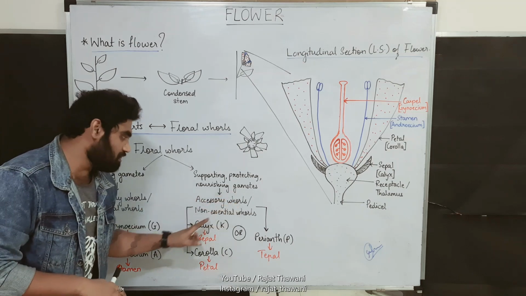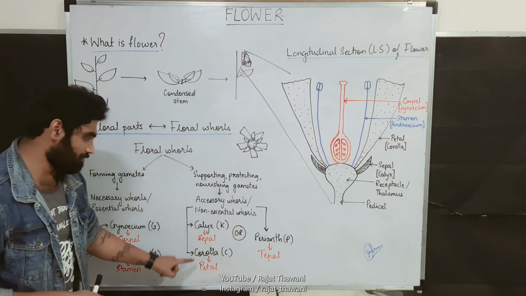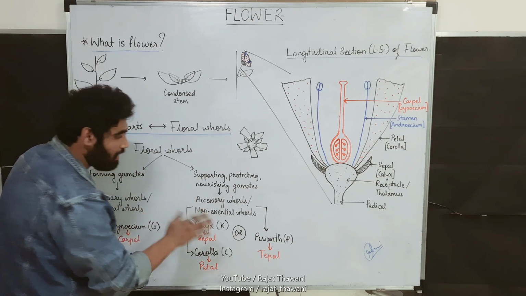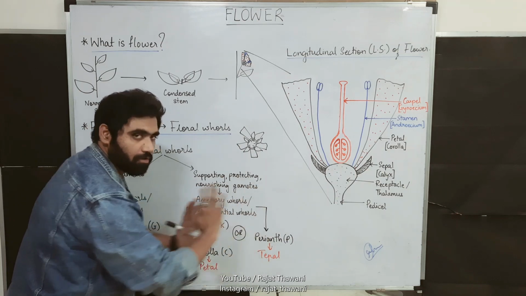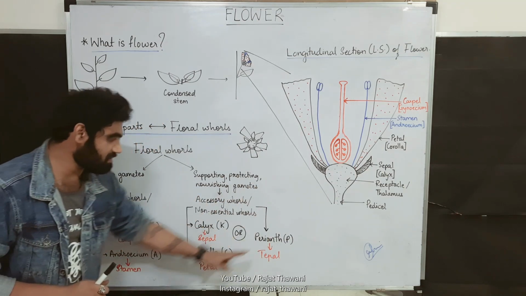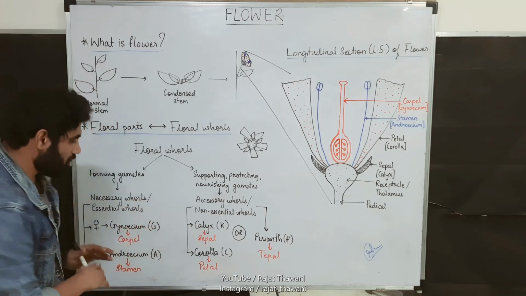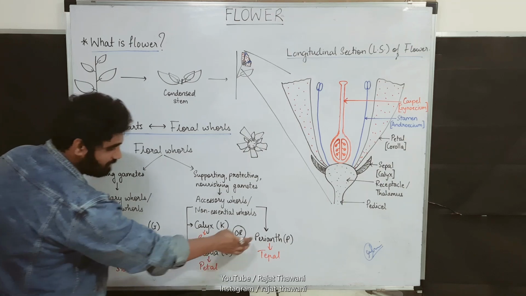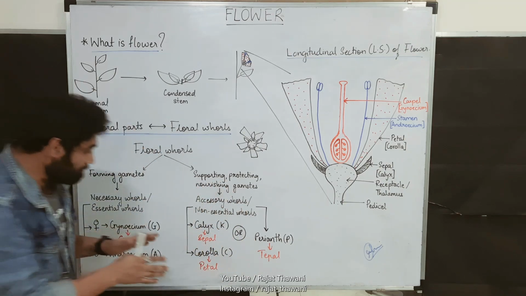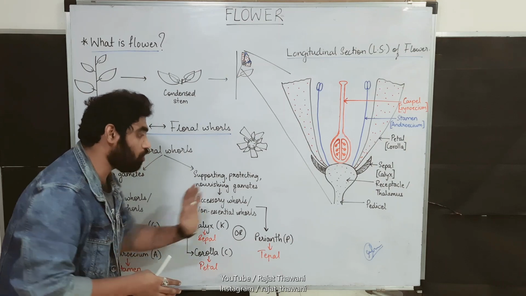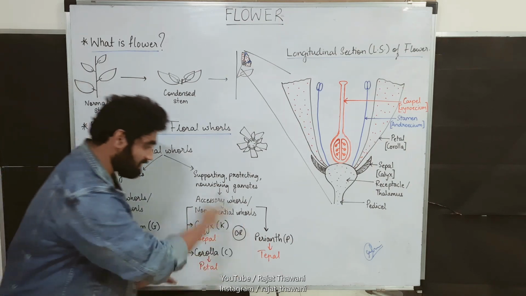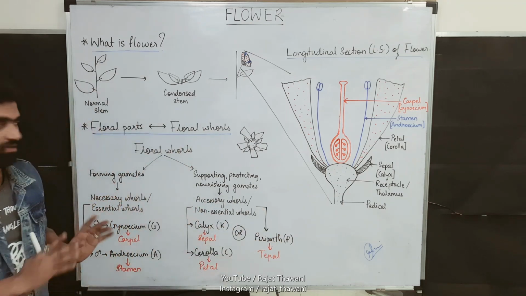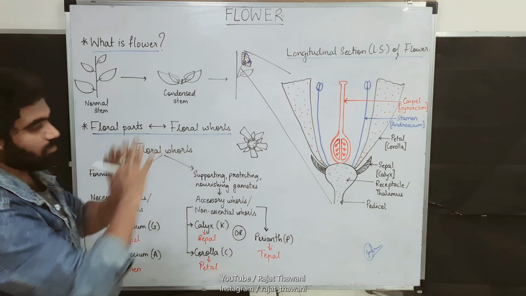In the case of accessory whorls or non-essential whorls, you can see that it's calyx, corolla and perianth. Either calyx and corolla both will be present together in a flower, or instead of both of them there will be the presence of perianth. In brackets, whatever alphabets you can see are the symbols of that particular word. The calyx's independent unit is called sepal, for corolla it is called petal, and for perianth it is called tepal. So there will be the presence of either calyx and corolla both, or only perianth. These three cannot be present together or in any other combination. Either this is present or these both are present. Any one set. Okay.